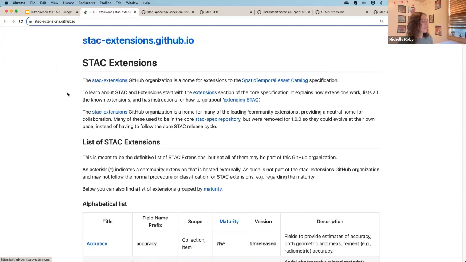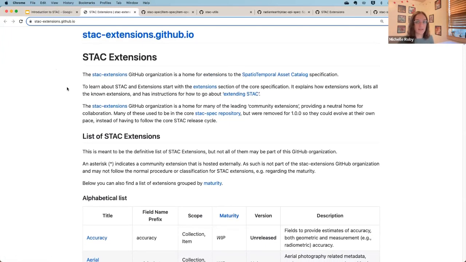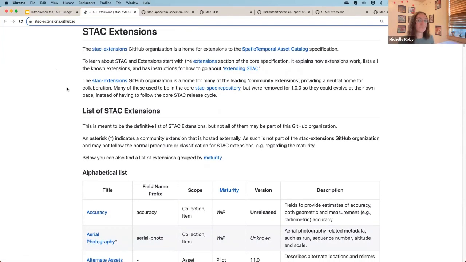On this page, there's a list of all the active STAC extensions. A lot of them are already created. You are able to build your own and submit it to be included, but at this point you're probably going to find the extension that you need if you're working with basic geospatial data. There are extensions to be built for more unique use cases in the future, but there are many that exist now that work with a lot of use cases.